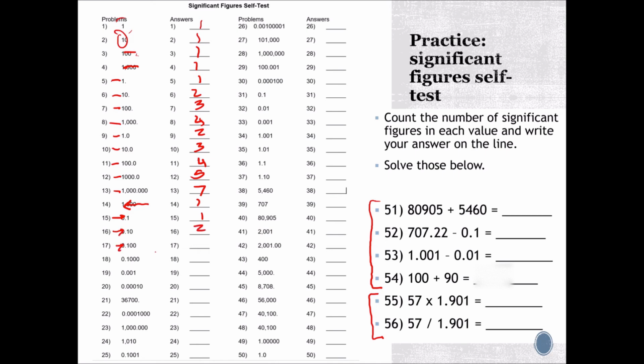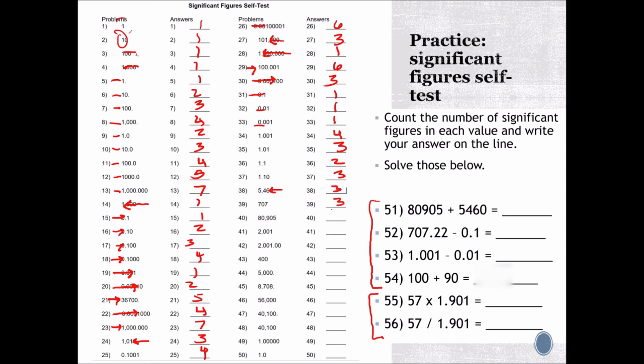16, 2, 17, 3, 18, 4, 19, 1, 20, 2, 21, 5, 22, 4, 23, 7, 24, 3, 25, 4, 26, looks like 6 there, 27, it's rounded to the thousands, 3, 28, rounded to a million, 1, 29, 6, 30, 3, 31, 1, 32, 1, 33, 1, 34, 4, 35, 3, 36, 2, 37, 3, 38, 3,